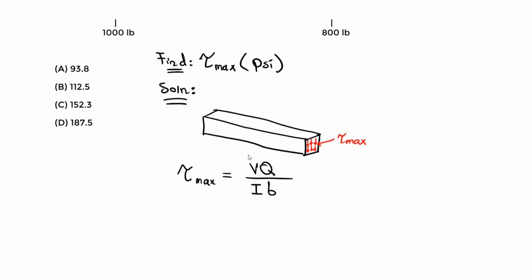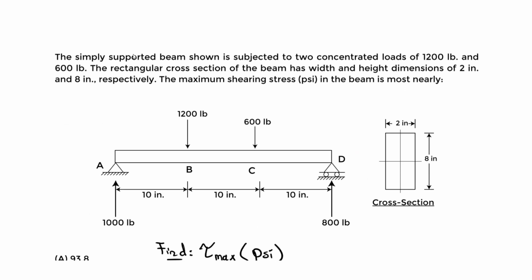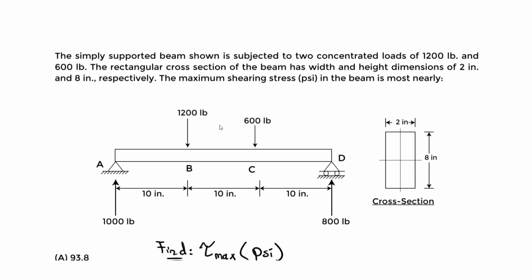But let's work one by one. So let's take it one by one. Let's look at V. So V is the shear force. Here, we're not really given an exact value, right? We're not given that shear force. So we do not know that shear force. But one big hint is they're telling us you want to find the maximum shear stress. That tells me, okay, the maximum shear stress occurs when we have that maximum shear force,